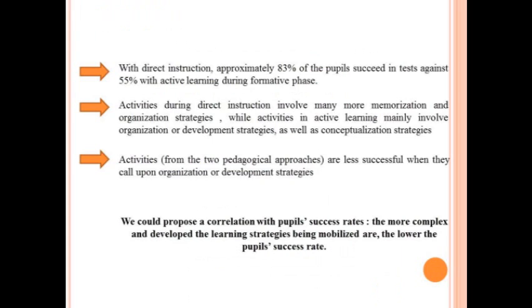First of all, by comparing the two teaching methods, it can be noticed that with direct instruction, approximately 83% of the pupils succeed in tests, while active learning totals about 55% success during this formative phase. It is also important to note that activities during direct instruction involve many more memorization and organization strategies, while activities in active learning mainly involve organization or development strategies, as well as